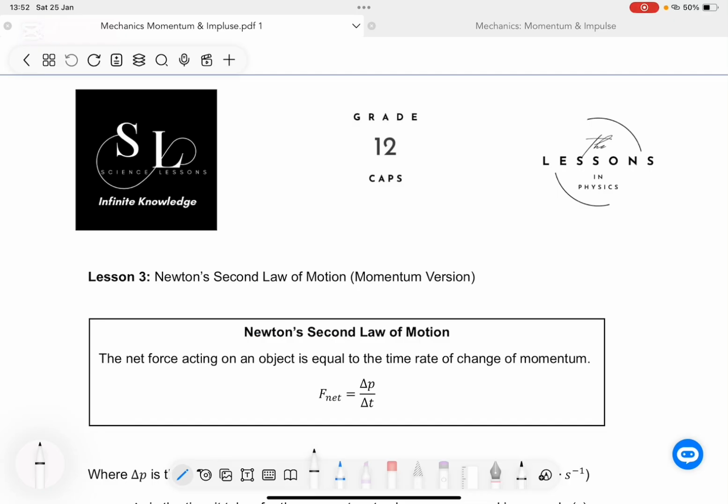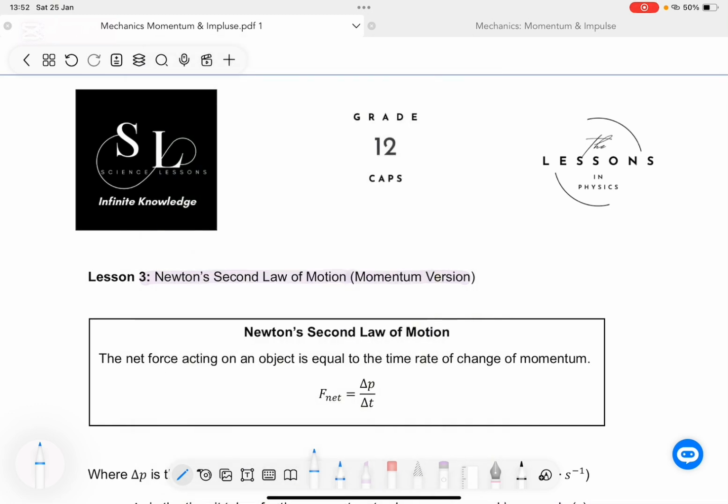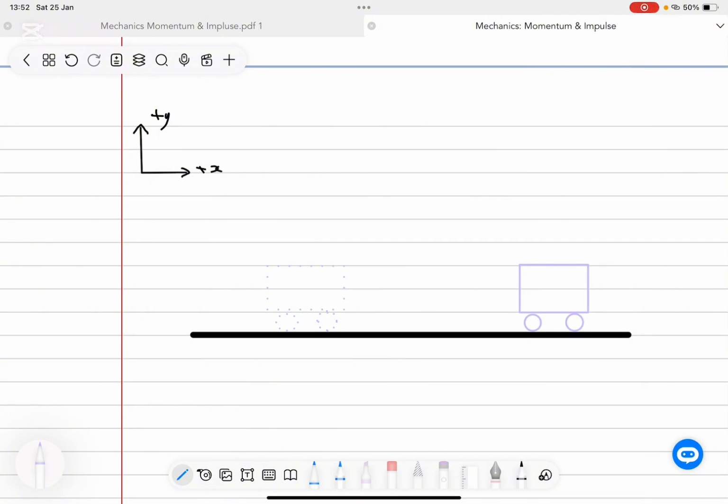Lesson 1 and Lesson 2 have provided us with important concepts that will play a major role in assisting us to understand Newton's second law of motion in terms of momentum. To make sense of Newton's second law expressed in terms of momentum, let us consider a motion where we have a trolley that moves